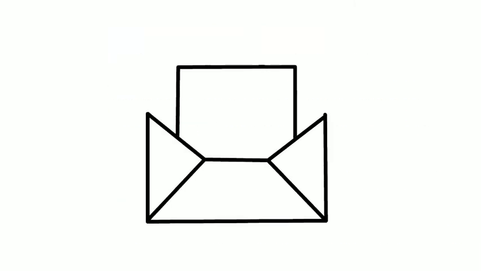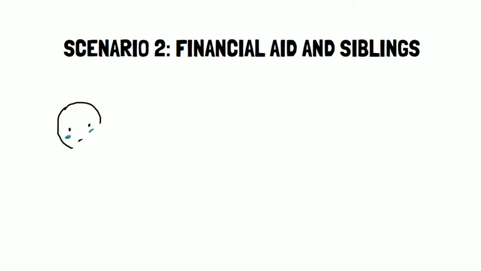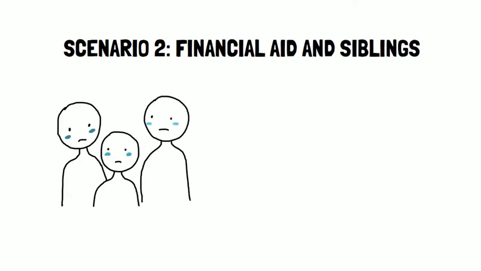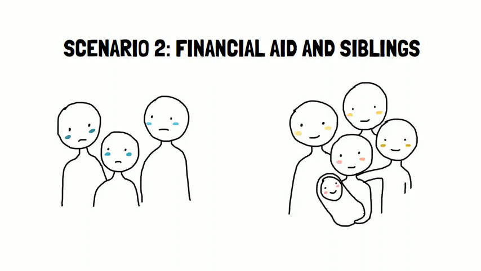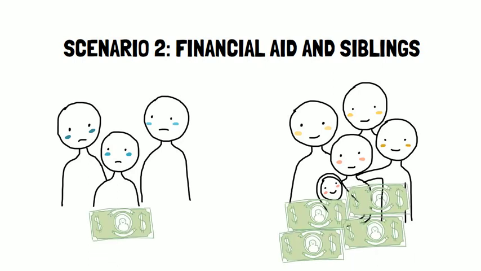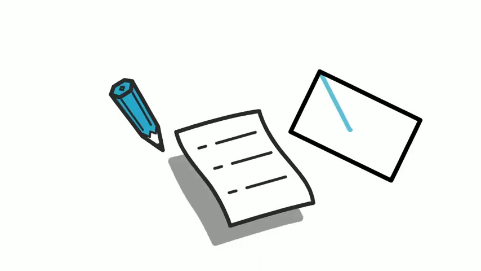The learner in the study was asked to write a letter to the instructor in the situation where the model has made a mistake. Next, we tested them on a whole new scenario to test generalization. Financial aid offices use models to determine how much aid families should get. The scenario imagined a model where the number of siblings the student had increased the amount of aid that the student received. They used data from last year from families who did not appeal the aid package. The learner in the study was then asked to write a letter to the financial aid office in the situation where the model has made a mistake.